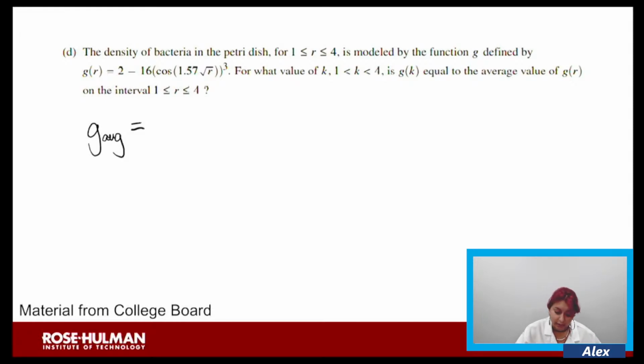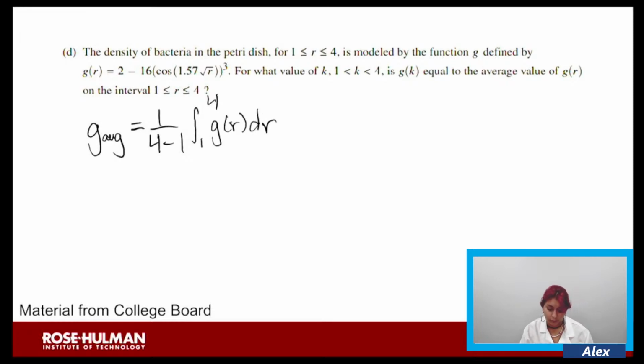Because we're taking it from 1 to 4, we would do 1 over 4 minus 1 as our coefficient. And we'll take our integral from 1 to 4 of g(r) with respect to r. And so if we do that, then we get 1 over 3